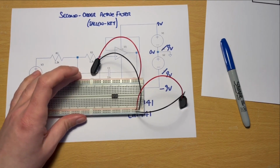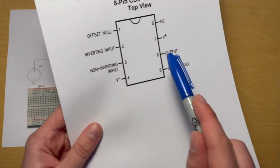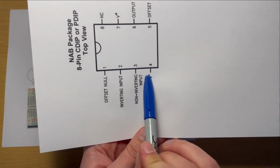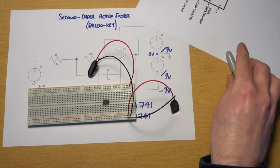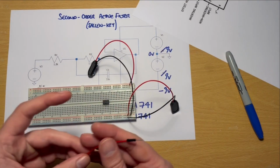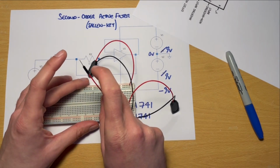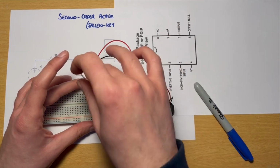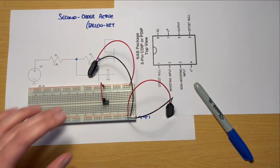Okay, so back to these dual rail power supplies, sorry. So what we said was we have the positive and the negative connections. They correspond with pin 4 and pin 7 respectively. And so all I'm going to do, I'm going to take some wire links and I'm going to connect pin 7, which was my positive. It's going to go to the top rail, which is our positive 9 volts. And likewise,